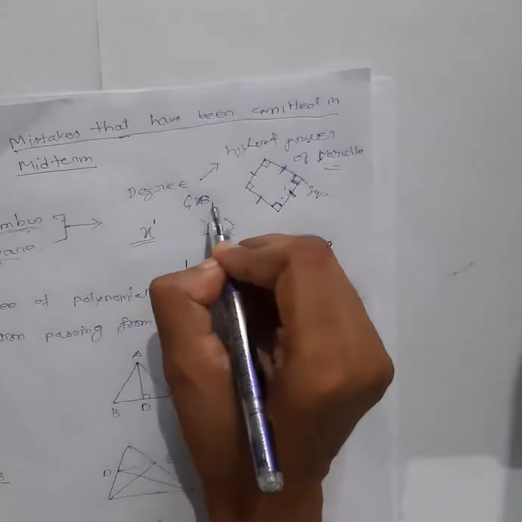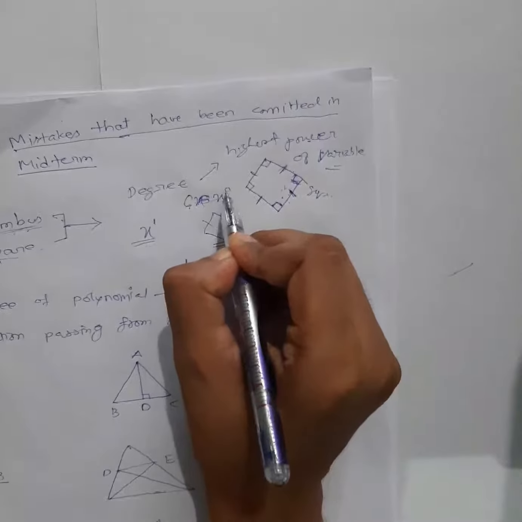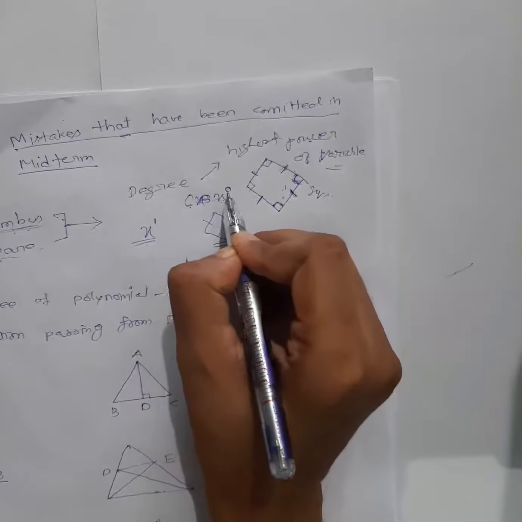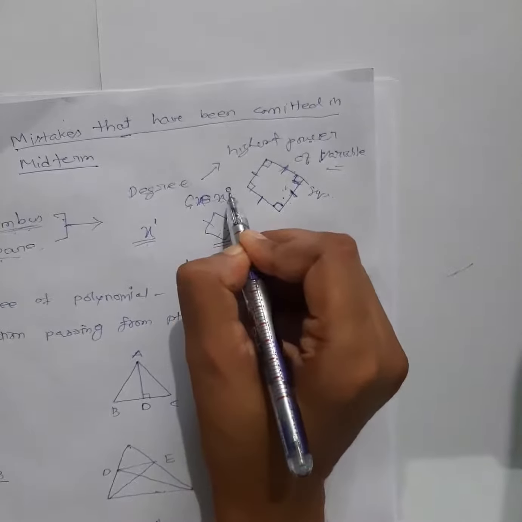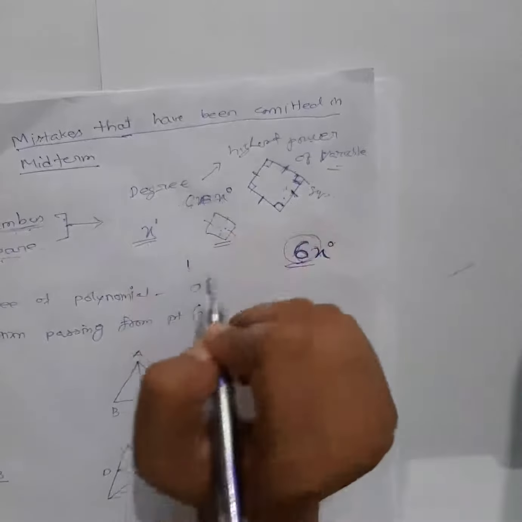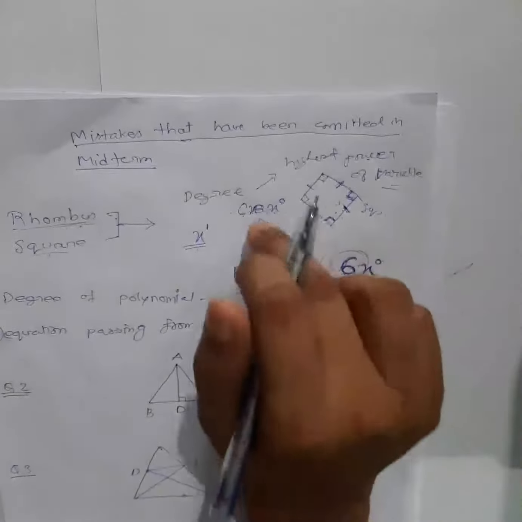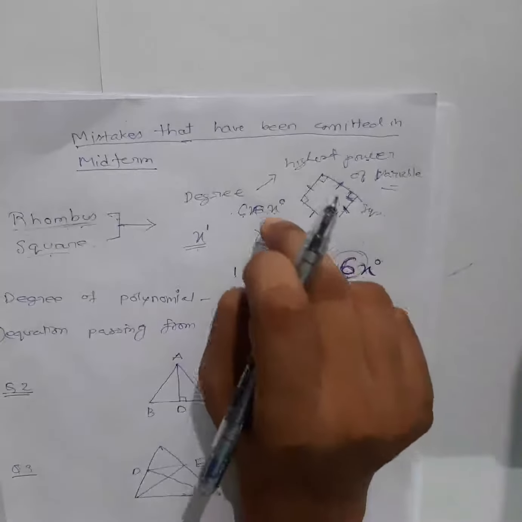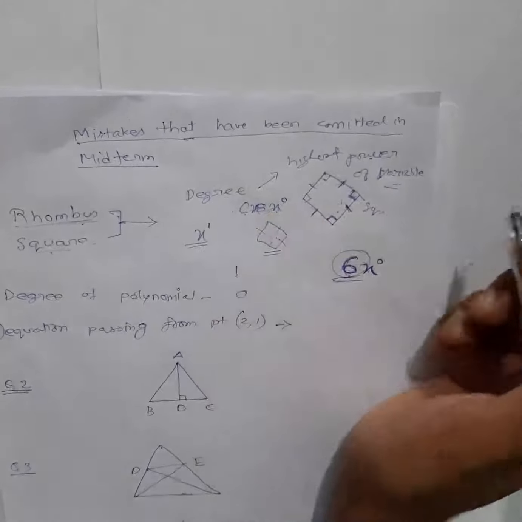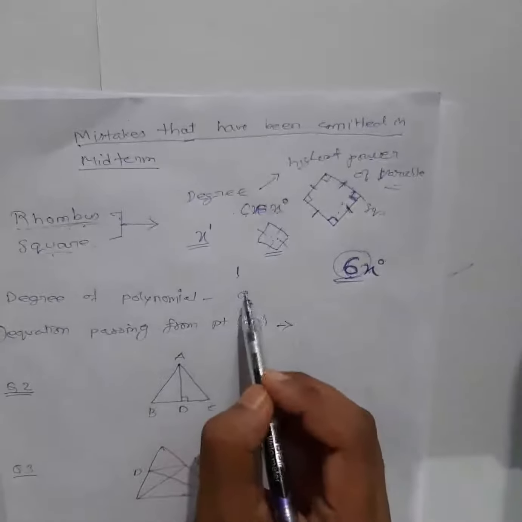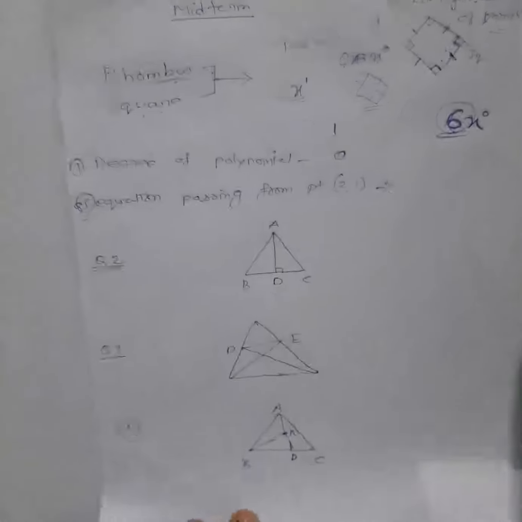Whenever it's a constant number, I can introduce a variable by writing like this. The power must be 0. Why? Because x to the power 0 is 1, so it will be balanced again. I have taught you this one, so some students may not have concentrated well on this and might be confused here, so try to clear this. So the degree of the polynomial here will be 0. I hope you have understood now.